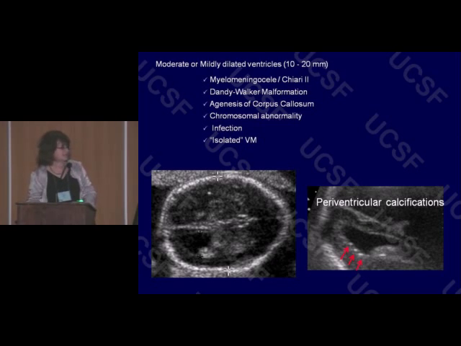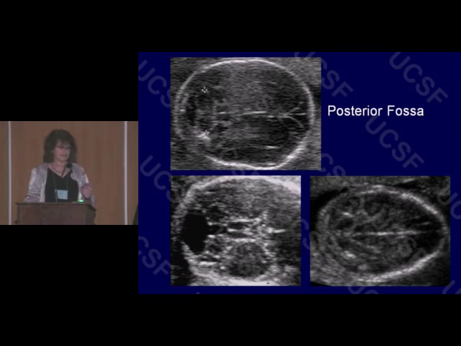In this case, we can see the choroid doesn't fill the ventricle on your left, prompting an additional targeted view, finding these periventricular calcifications, and suggesting an additional workup likely due to TORCH and in utero infection. When dilated ventricles are seen, the posterior fossa is a helpful next step in the evaluation. This is a normal cerebellum with views through the posterior fossa, and here 2 side-by-side cases of abnormalities, which we'll